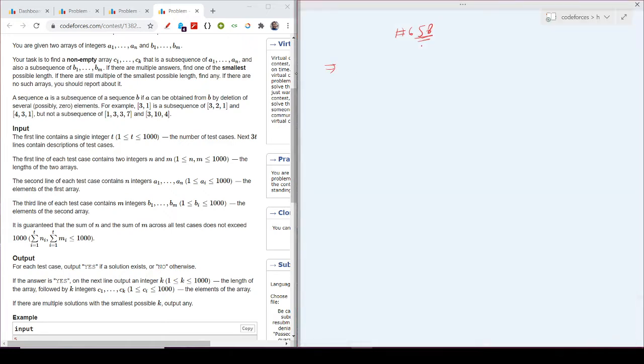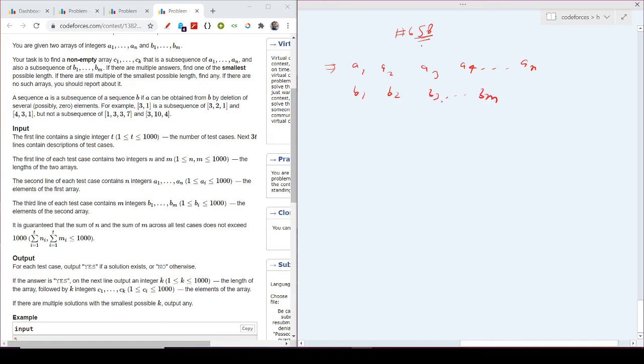It says that we have two arrays, a1 up to an, and b1 up to bm, which means a1, a2, a3, a4 up to an, and b1, b2, b3 up to bm.